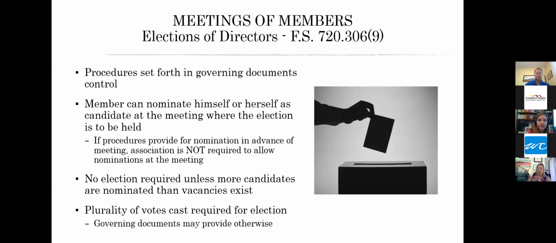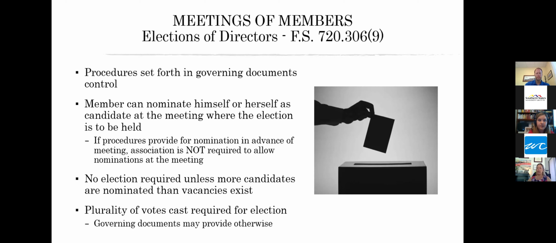And so if an equal number or fewer qualified candidates, I'm going to come back to that in a second, qualified candidates, if we have an equal number or fewer, then those candidates are going to commence their service at the annual meeting, and that's regardless of whether a quorum is attained at that annual meeting or not. So again, if you have a community that has a hard time reaching a quorum to have that annual meeting, what we don't want to do is have the business of the association just come to a standstill.